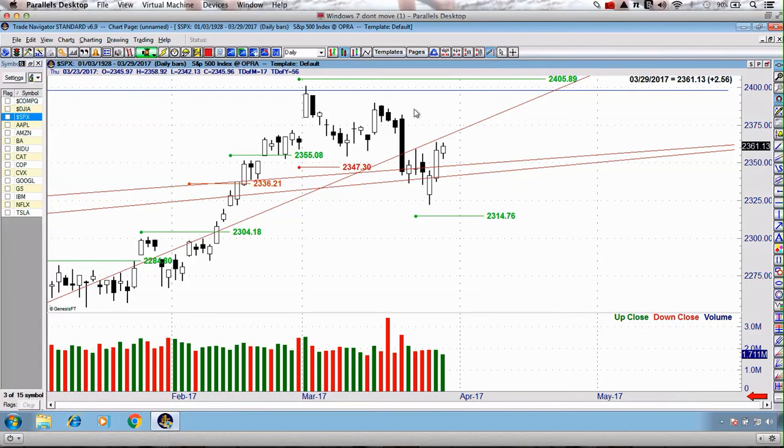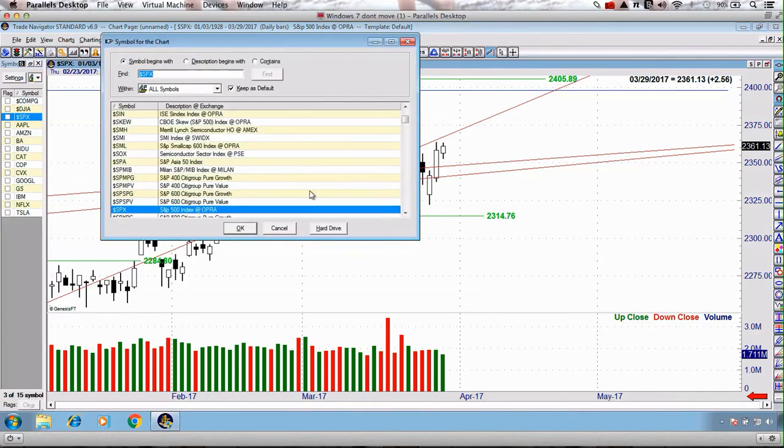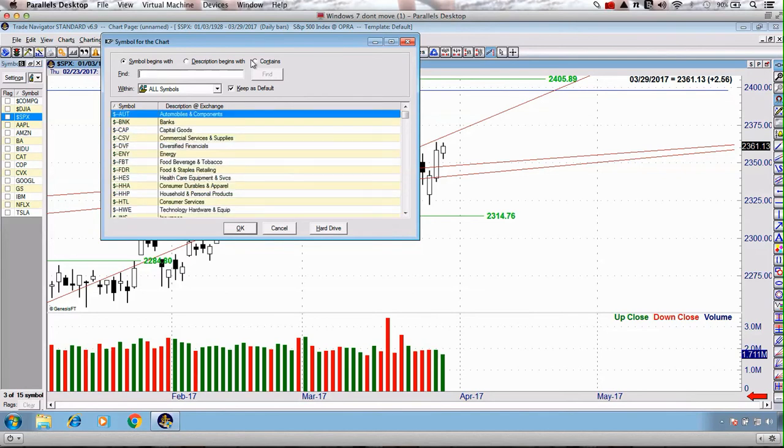It takes some time for material advancements, or at least basing patterns, or even topping patterns to really set up, until the majority figure out what is going on and then collectively either push price higher or start dumping stocks, so to speak. And at this particular point, we don't have any clear signals which of those two outcomes it is going to be. Now, if I cast your mind back to some of the videos which I recorded yesterday and over the past 1 to 2 weeks,